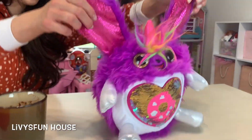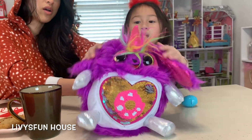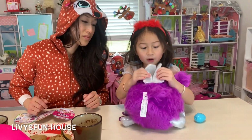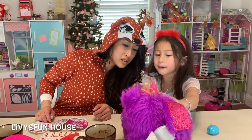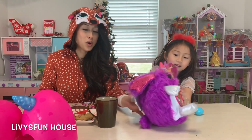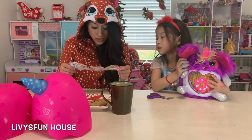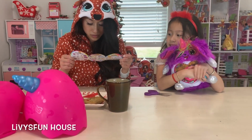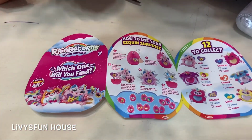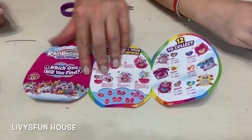Oh wait, maybe she's a bunny? She's a bunny corn. Or a puppy corn. Is it a puppy corn? Look, she has wings. She's a puppy corn. Wait, let me see. Yeah, it is a puppy corn. We got a puppy corn, a purple puppy corn. Let's see, Scout. It doesn't say what it is, so I guess she's a puppy corn. Look at this one, it's so cute. That's a kitty corn. So there's 12 to collect. We have our first one, so we're gonna mark that off our list and then try to